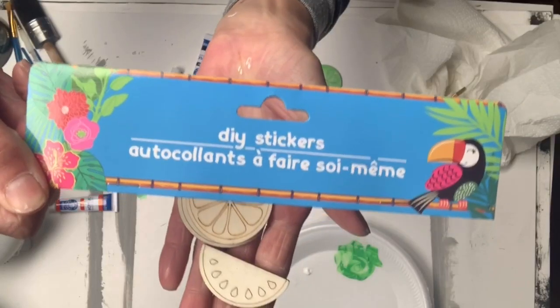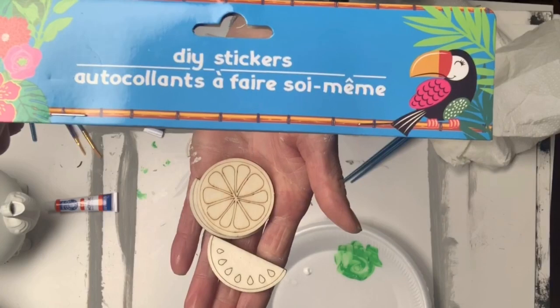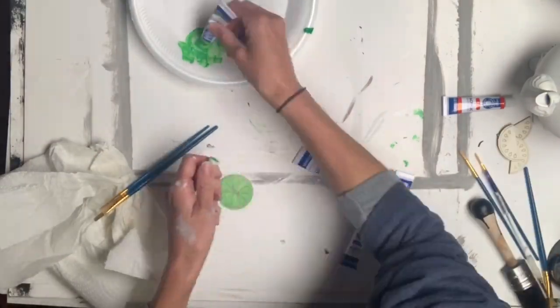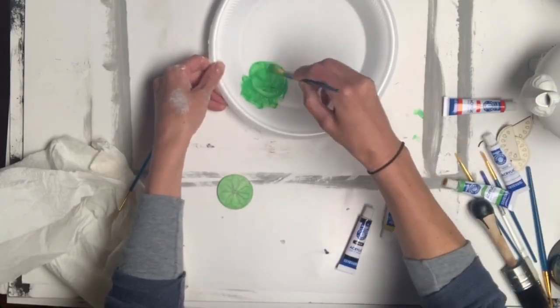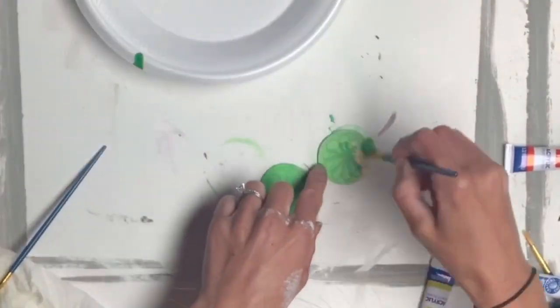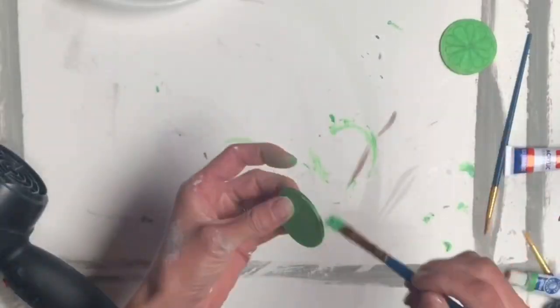I grabbed these DIY wood stickers from Dollar Tree. They are wood fruit slices, and they have these little engravings in them. And I had a set of acrylic paints that I'd grabbed from Dollar General. And I took 2 of the fruit slices and painted them lime green, and I did 2 coats,